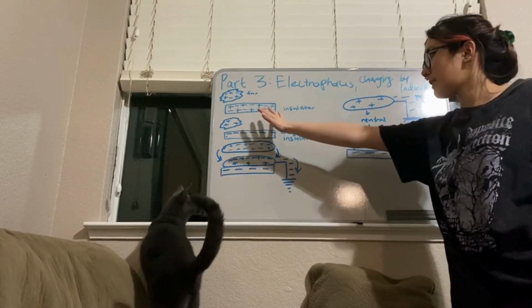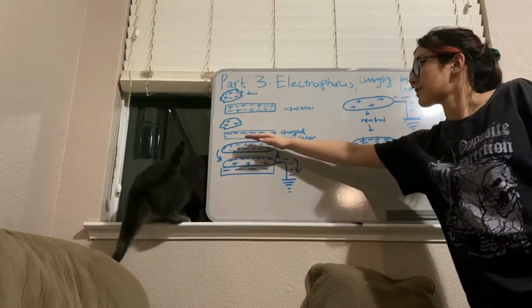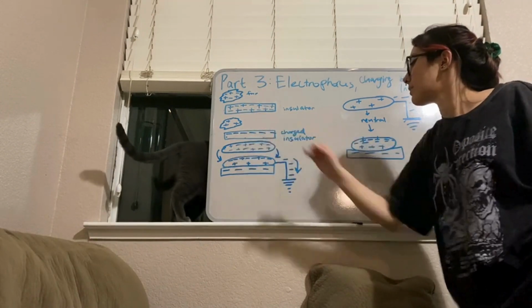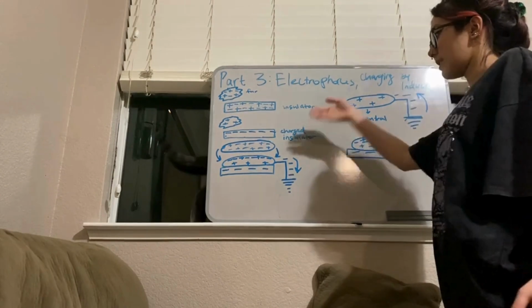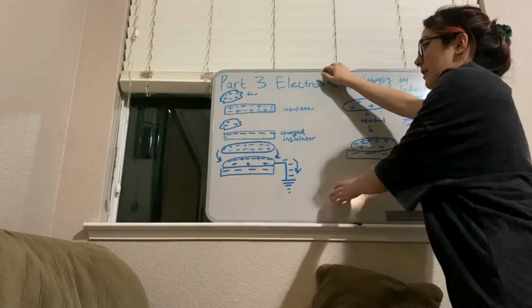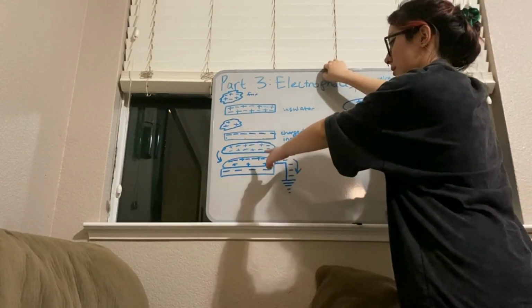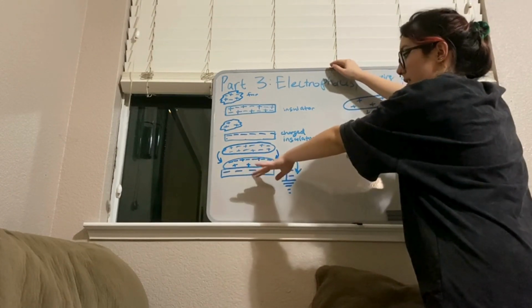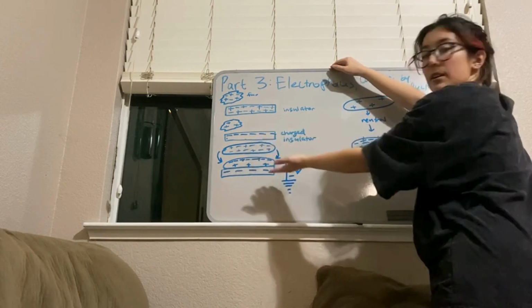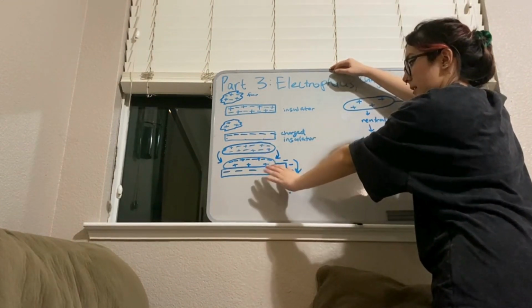Making the fur positively charged and the insulator negatively charged. So there's a bunch of electrons lining the top of the insulator. And then I bring in the conductor, which was the metal plate. The conductor starts with a neutral charge, but when it touches the negatively charged insulator, all of the electrons in the conductor move to the top of the material to get as far away as possible from the negative charge